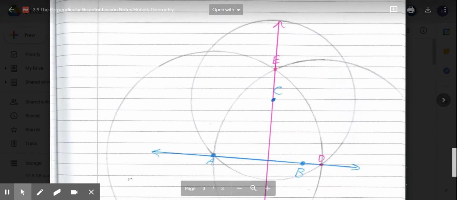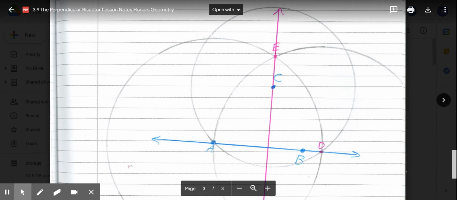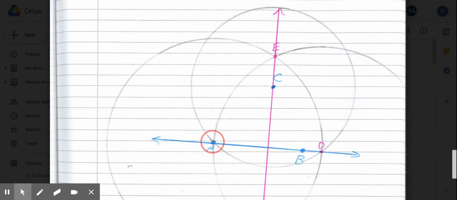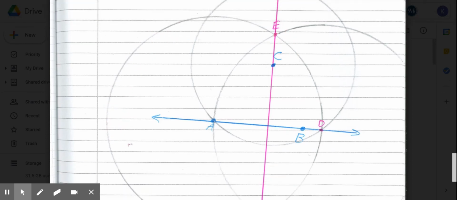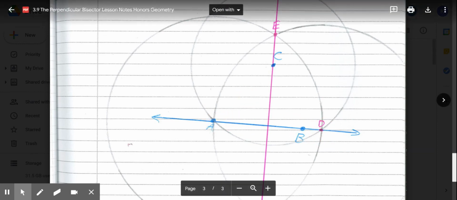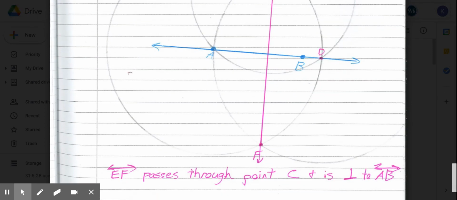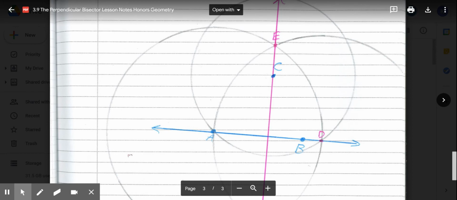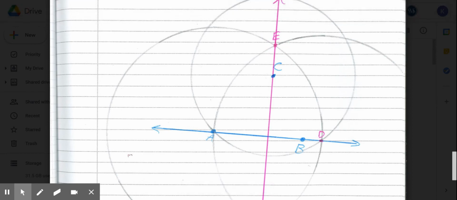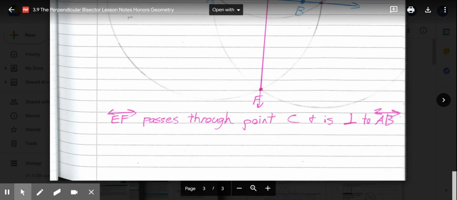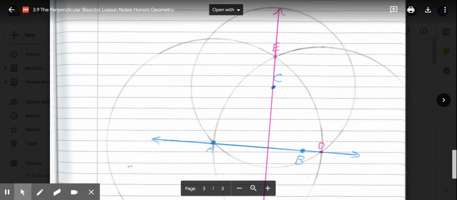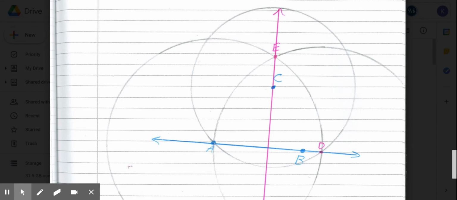From those 2 points then, we draw our next 2 circles. You would take your compass, set it at point A, open it to point D, and then draw a circle with the center A. That gave me this circle here. Then you go to point D, so set the compass at D, open it to A, and then you would draw that circle. Where those 2 circles intersect, one should be below the line, one above the line, give you the 2 points you want to connect. So in this case, I labeled them E and F,